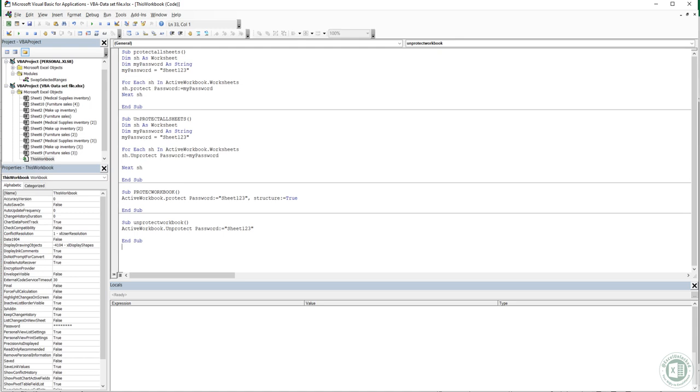So this little piece of code does something amazing. With just a click, it protects or unprotects every single sheet in your workbook. What used to take my colleague Rita 15 minutes now takes mere seconds. Imagine the time savings. If Rita uses this code once a day, that's 1.25 hours saved per week, or about 65 hours a year. That's like getting an extra 7 days of productivity.